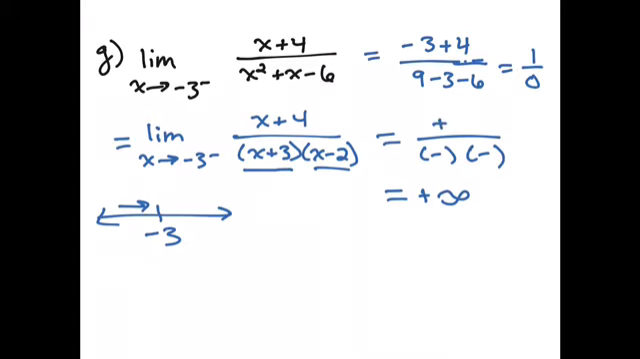So you only do that when there's a vertical asymptote? Yes. Right, and the way I knew